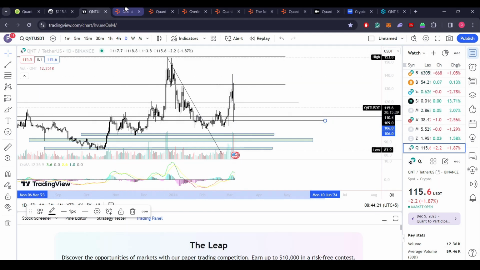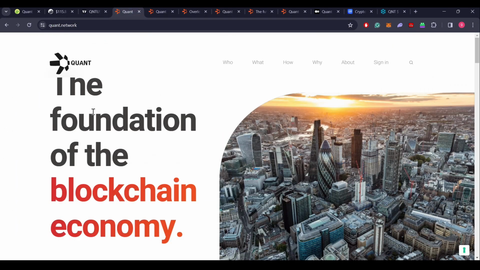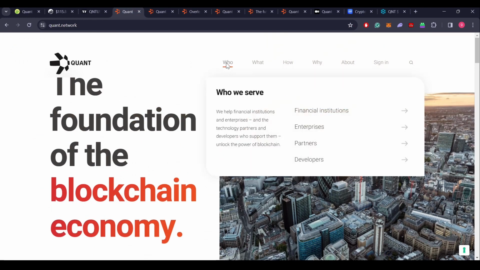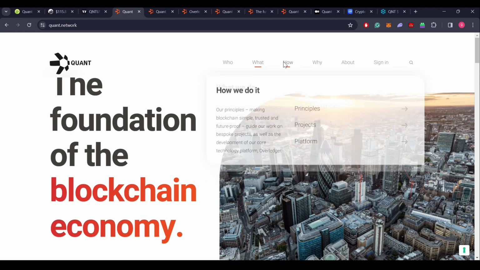Before we look at this, I will try to go over what Quant is. Quant is basically the foundation of the blockchain economy. I think they do not serve casual customers. They serve financial institutions, enterprise partners, and developers. Basically, they work in digital currencies, which is CBDCs, payments, capital markets, and even supply